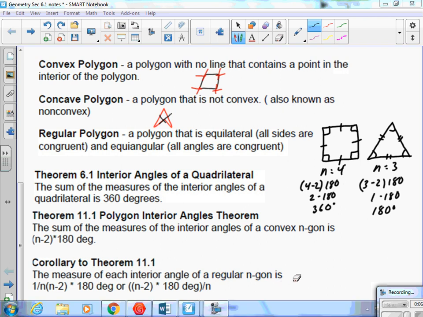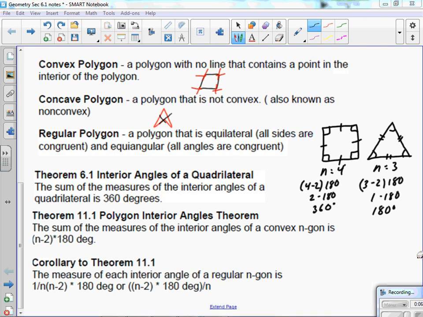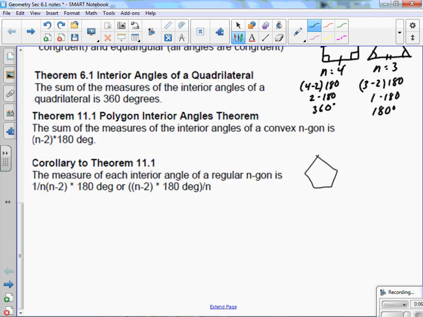So if I have a figure like a pentagon, assume that's regular, that all the sides and all the angles look the same. If I wanted to figure out what the measure of one interior angle would be, I would use n minus 2 times 180 divided by n. The number of sides is what n is, so a pentagon is going to have 5 sides, so 5